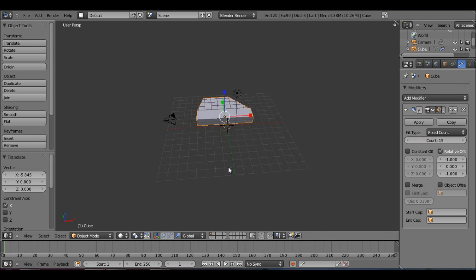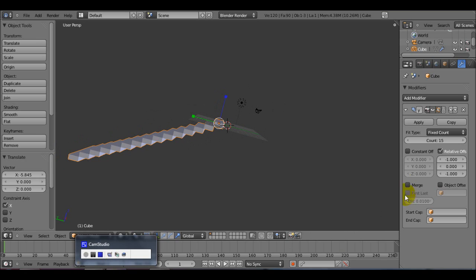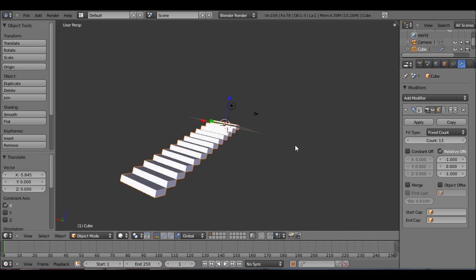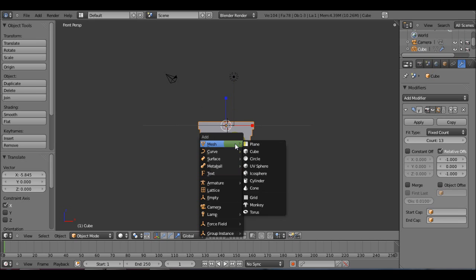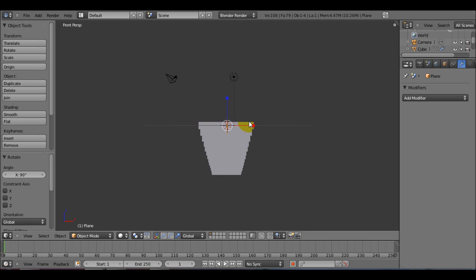So now let's just increase our count quite a bit. I actually think that actual steps have 12. I'm not sure. Sorry about that. I had to go check, and mine actually have 13. So that's just what I'm going to use. Okay, so now let's get started on our plane. Front perspective, I'm going to add a plane, rotate that 90 degrees, and